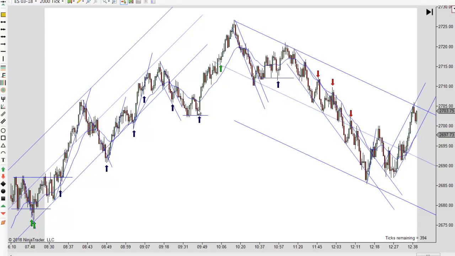putting your stop somewhere in the middle of the signal bar. It's just not a very good idea. You're going to get stopped out on perfectly good trades. So I don't recommend that. You can try it if you want, but make sure you're on sim, because most likely you're going to get stopped out on a good trade anyway. So just make sure you're on sim trade if you want to try it and see how it works out